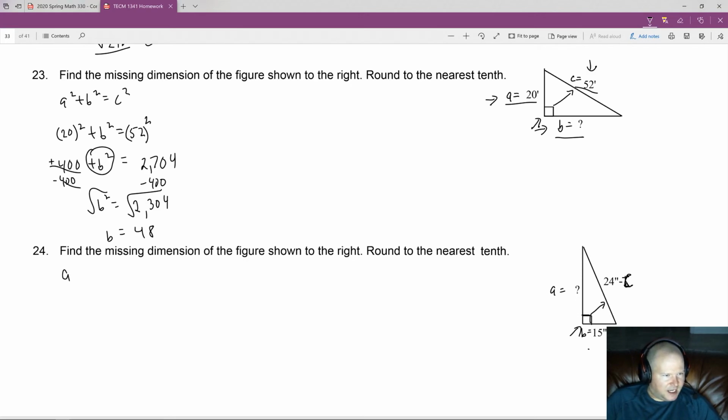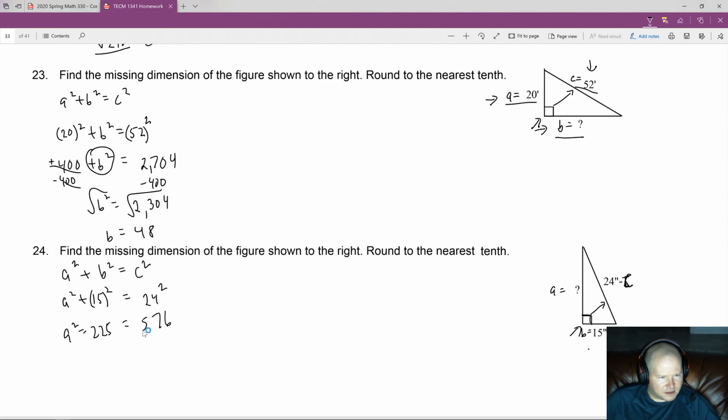So we're going to use the Pythagorean Theorem again. a squared plus b squared is equal to c squared. We're going to plug everything in. We have an a that is unknown, so we just leave it as a squared. b is 15, so we're going to square the 15. c is 24, and we are going to square the 24. So we end up with a squared plus 225 is equal to 24 squared, which is equal to